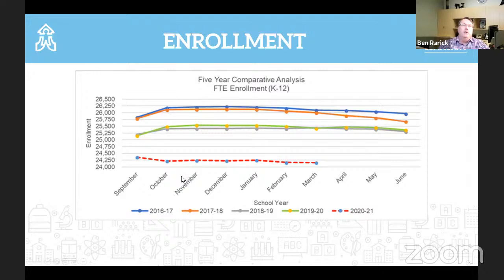But my hope is that once we return to in-person instruction, we'll get a really good sense of what our enrollment bounce back will be: how many of the kiddos that were either being homeschooled or in private school or with a provider will be returning. That will be very valuable information, I think, that we can monitor in the spring months.